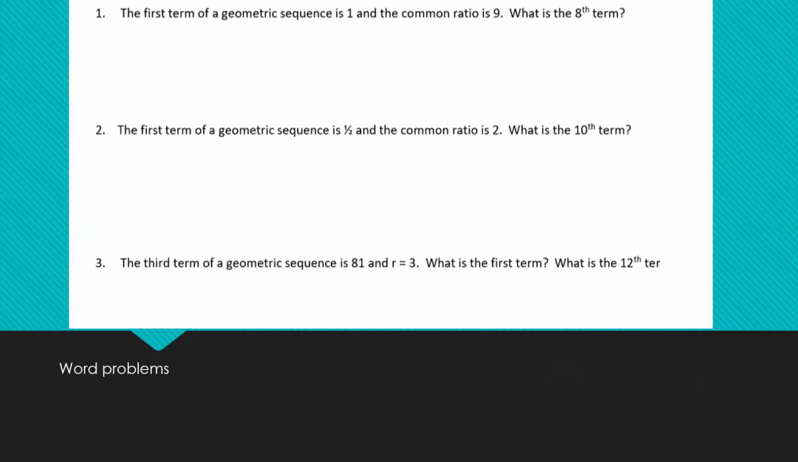Okay, so number 1, the first term of a geometric sequence is 1. So let's just list out what we have. We have a sub 1 equals 1, and the common ratio is 9. So r equals 9. So let's put it in our formula first. I have a sub 8 equals, the first term is 1, the common ratio is 9, and then we have the 8 minus 1 power. So the 8th term is equal to 1 times 9 to the 7th power. So when you put that in your calculator,